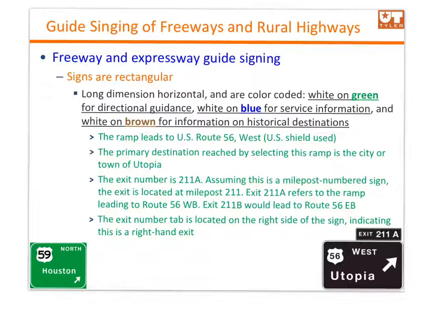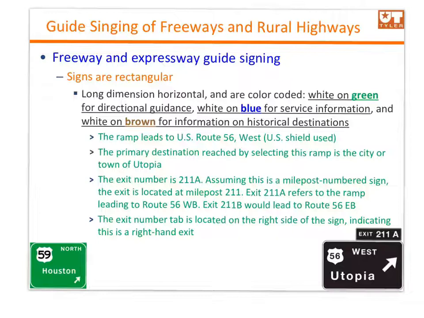Some more details about signs when it comes to freeways and expressways. The ramp leads to the US Route 56, for example. Let's take a look at this one here and give you more details. What does each one of these pieces of information tell you? So the ramp leads to US Route 56. This shows where we're going now. Once you take this exit, you're going to head to US Route 56, and we see here that it even has